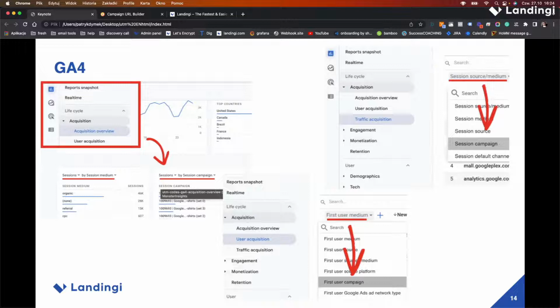You can pick medium source or an additional dimension, and the same goes for traffic acquisition, which is the third tab in the acquisition view. You just pick session source or medium, and later on you can add an additional dimension for your report. So you can easily configure it and add additional dimensions. If you're using additional parameters like terms or content, you can also add them by hitting that plus mark available here, so you can have all the necessary data to compare in one report. So that's pretty much it when it comes to the theoretical part.